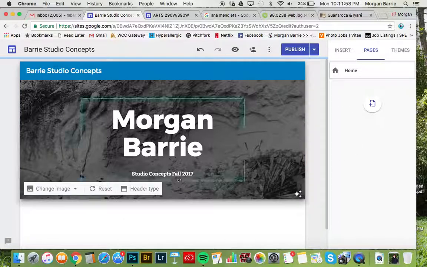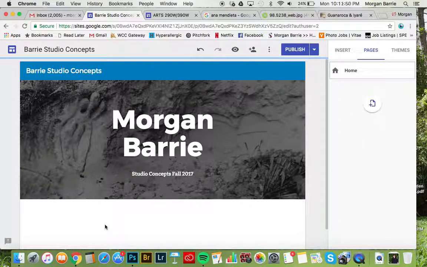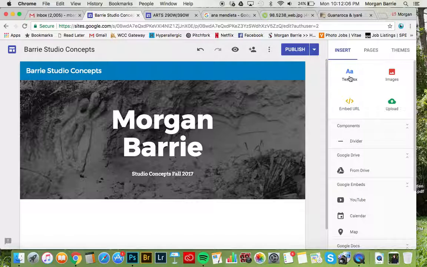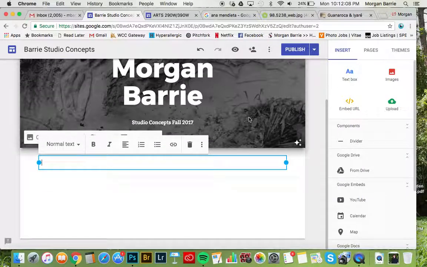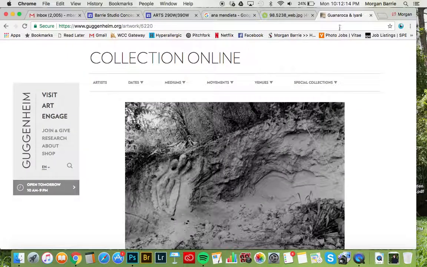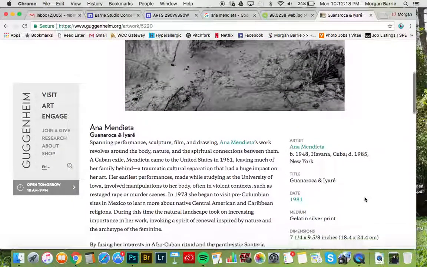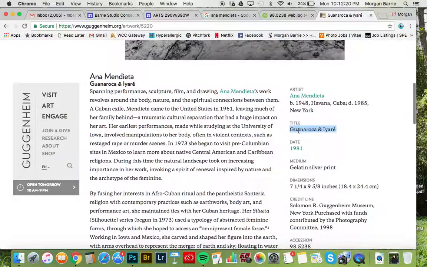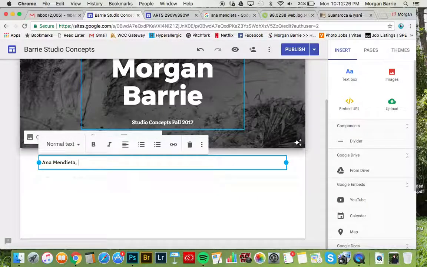So this is going to force me to show you how to insert a text, which I'll do by going over to the Insert tab, hitting Text Box, and then from here I'm going to say that this is a piece by Ana Mendieta, and I've already pulled up all the label information just so I would get it exactly right. So the piece is titled this, 1981 Gelatin Silver. So again, add all this stuff,